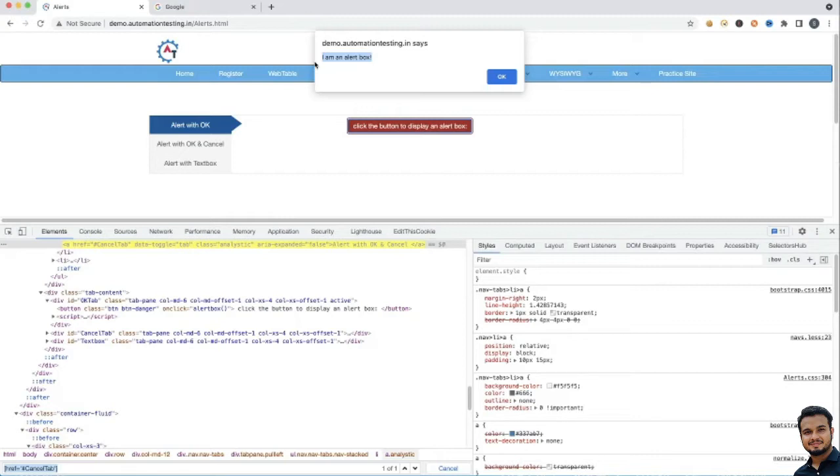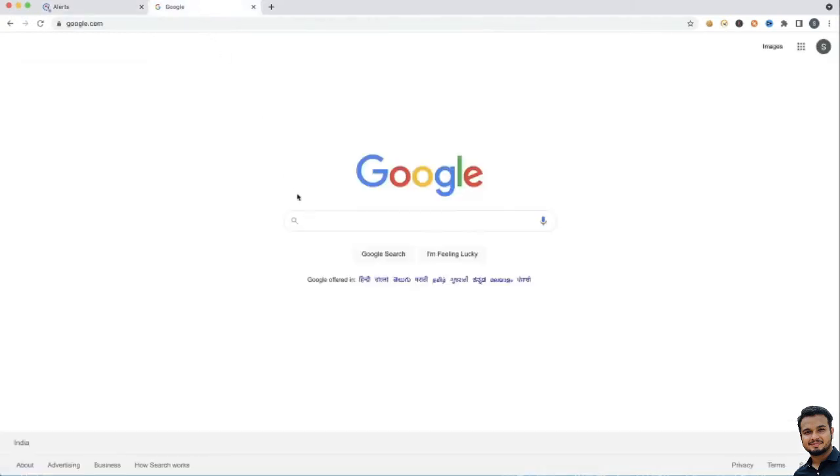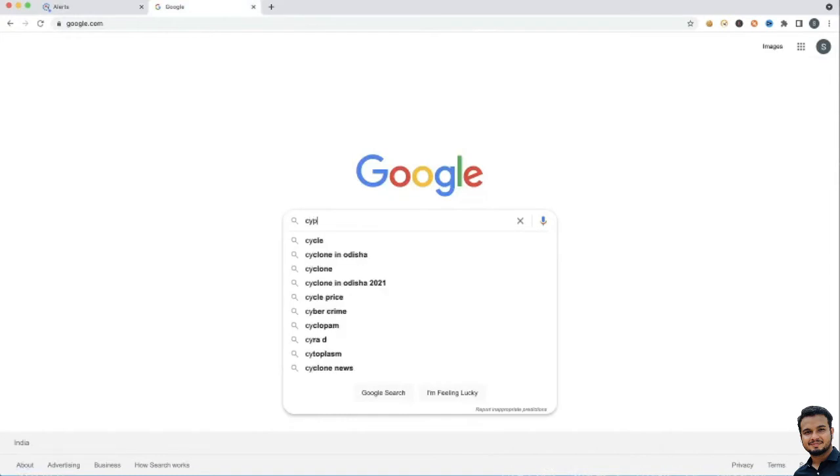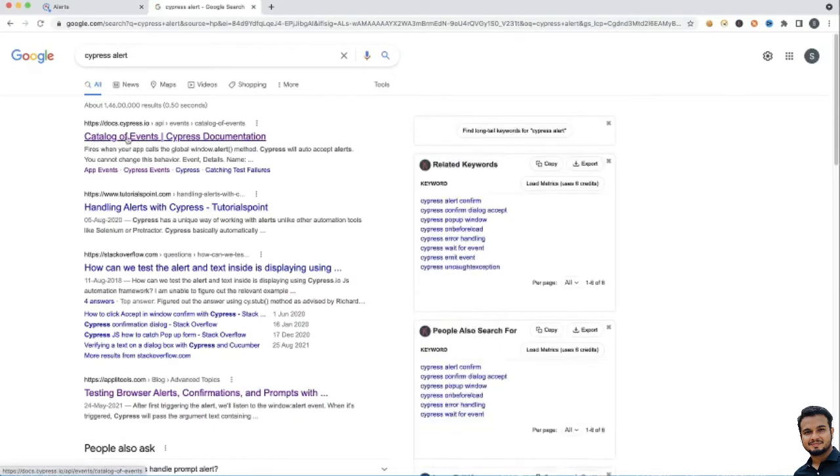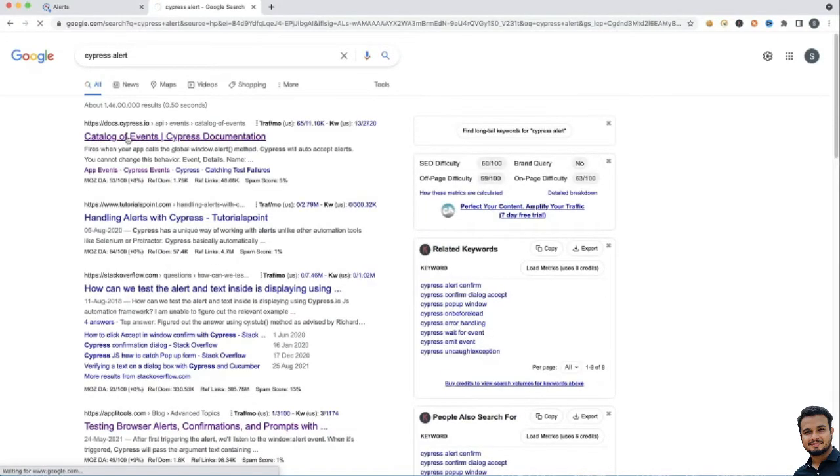Let me show you that. Cypress provides some events. If we go to Google and search for Cypress alert or Cypress event, you see the catalog of events. Let me open that.